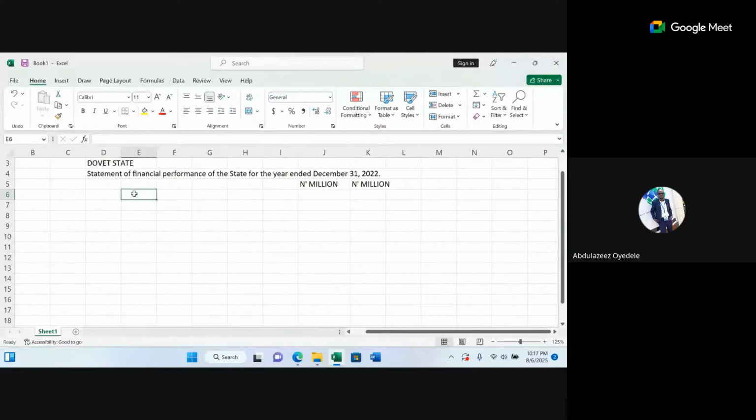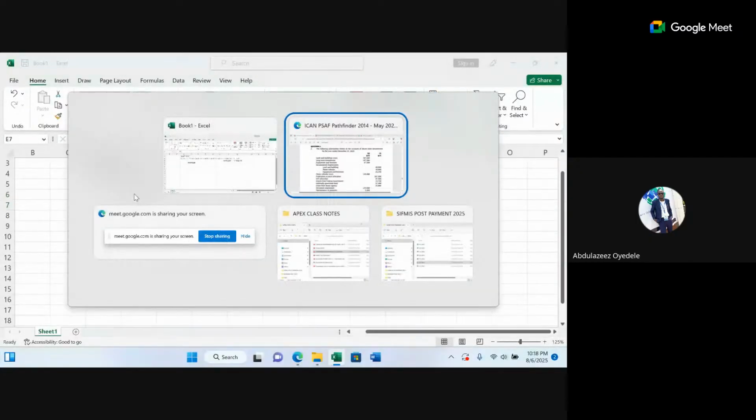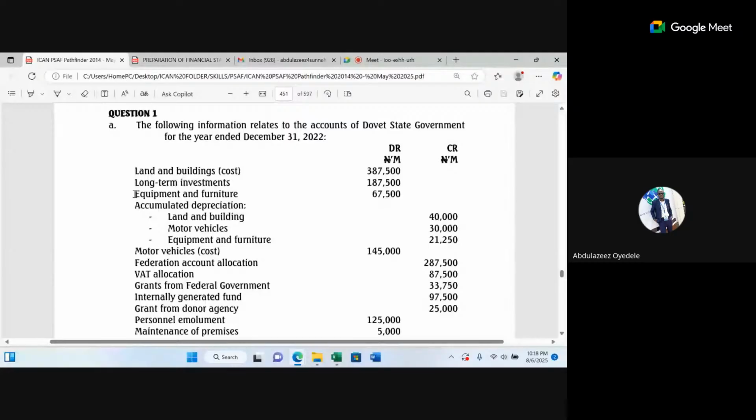Okay, so as we know from our preparation of financial statements, we always start with revenue. So statement of financial performance, and we said the nature is to contain just the revenues and expenditures of that entity. So we want to see our revenues and expenditures. So we'll start with revenues. Let's go into our question and search for items of revenue that we can see from our trial balance as well as from our additional information.